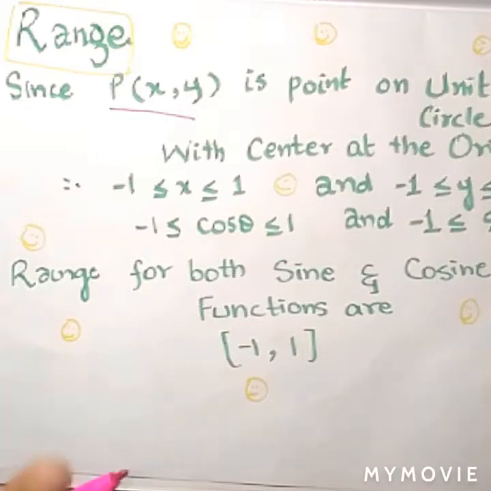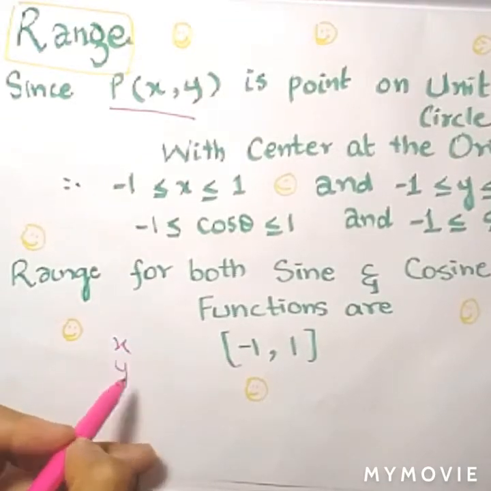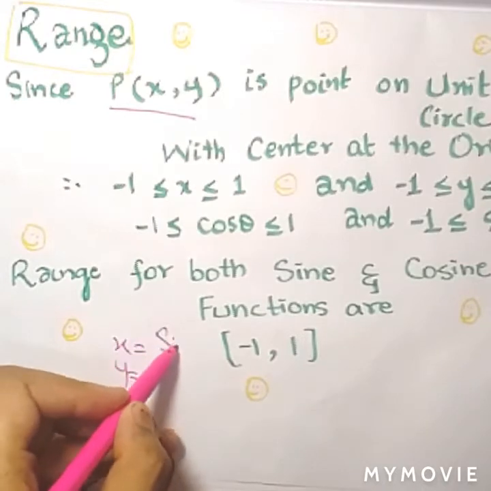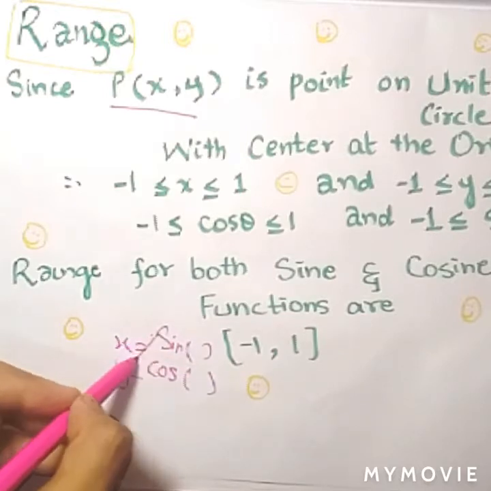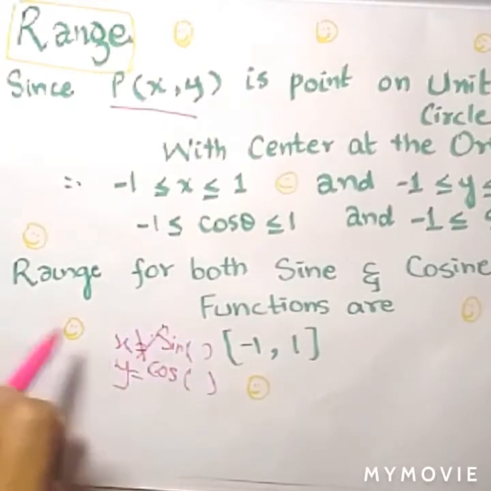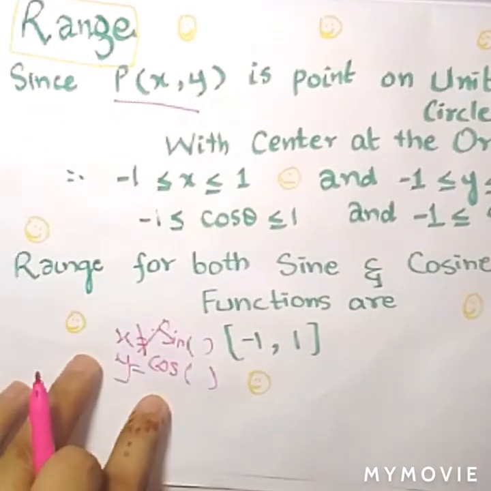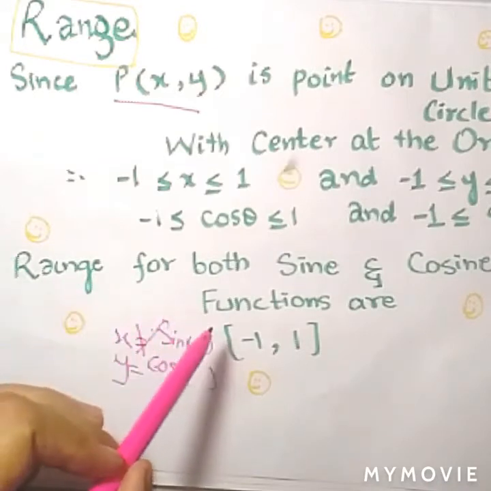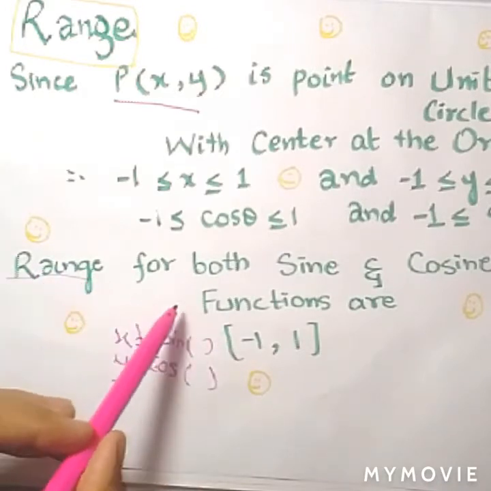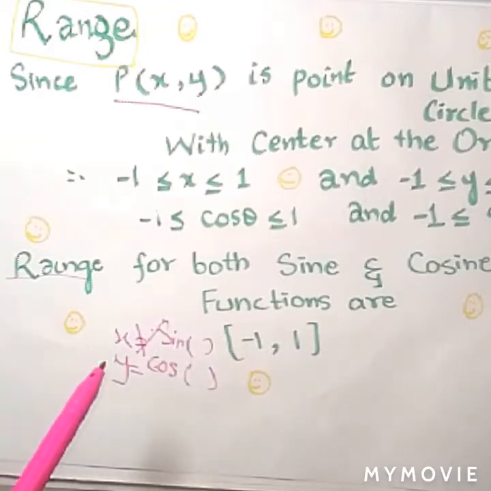If we put anything for x and for y, we get the sine or cos, and I write vertically x for cos and sine for y. Don't confuse it. You can pause the video and correct me. So the values of the answers, the ranges, are in between minus 1 and 1.